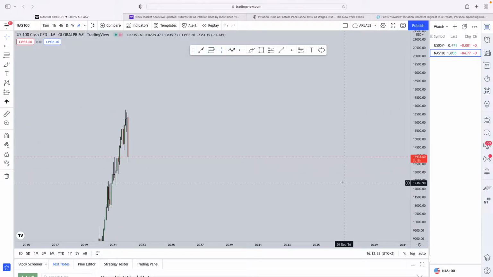Today we're going to take a look at the NASDAQ 100 as well as the yield curve from a technical